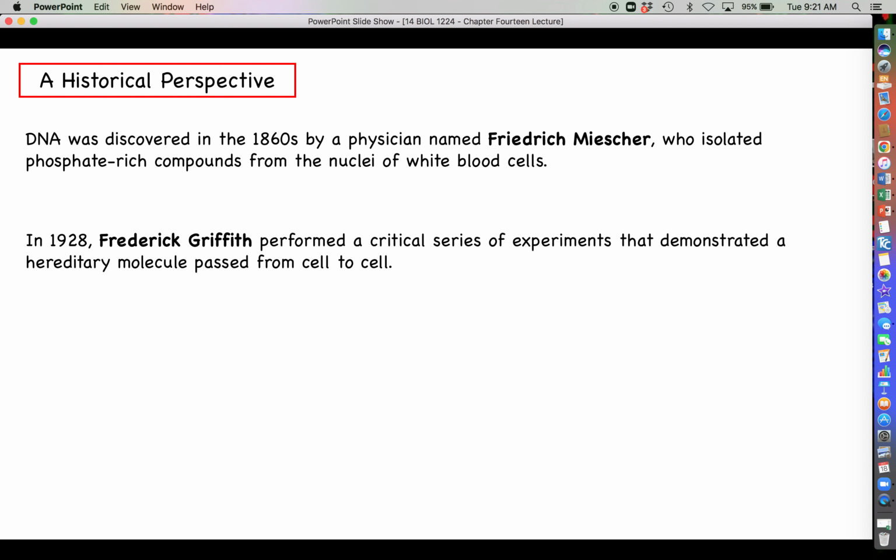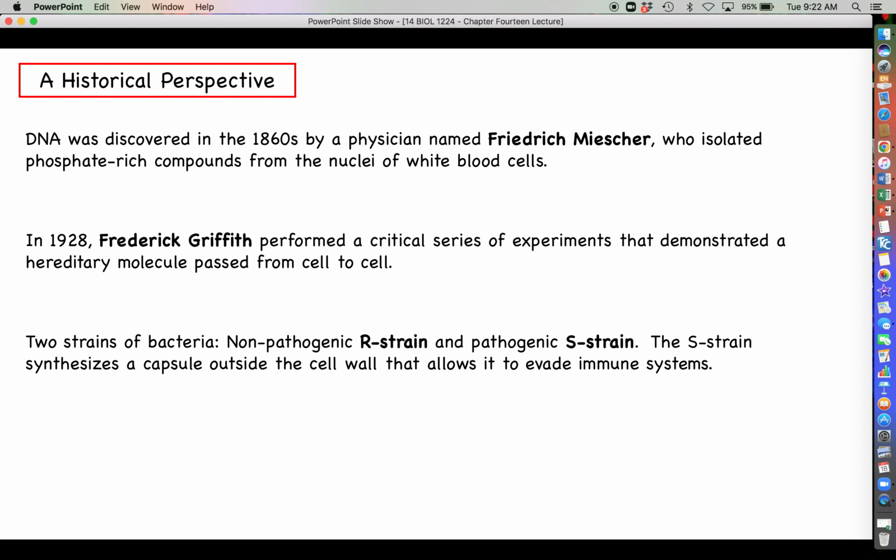So if you fast forward about 60 or 70 years, a man named Frederick Griffith performed a number of experiments that actually demonstrated that some kind of hereditary molecule could be passed from cell to cell. Now, we're going to see that he didn't necessarily know that this was DNA, but knowing what we know, we can, of course, infer that, yes, it is DNA that he's talking about. So let's talk about those